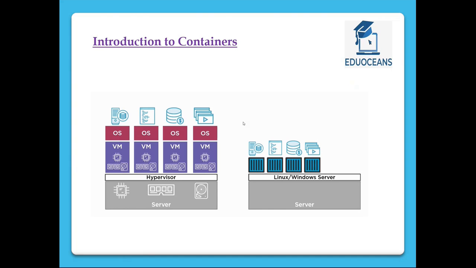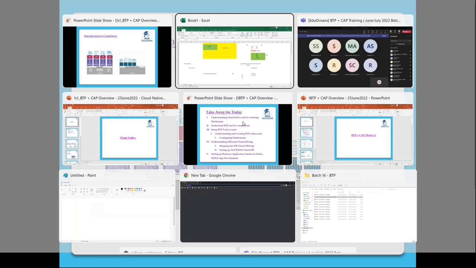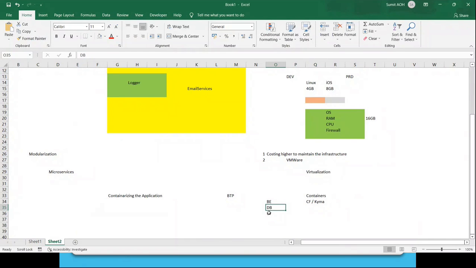That split is not a kind of split which has only a fixed amount of space. I don't need 4 physical operating systems here. Instead, I would need only 1 operating system, 1 server, that would be split on an ad hoc basis, based on whatever requirement came for that particular application. And that particular container would be dedicated to one application. So for example, I would have containers dedicated to backend, DB and UI. The DB's purpose is to work at the data level. Whatever capability is required, the container would help it to run.